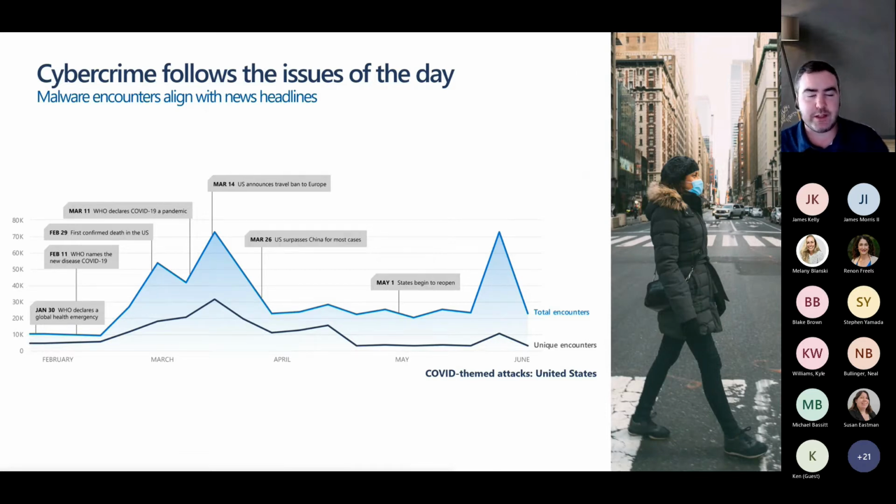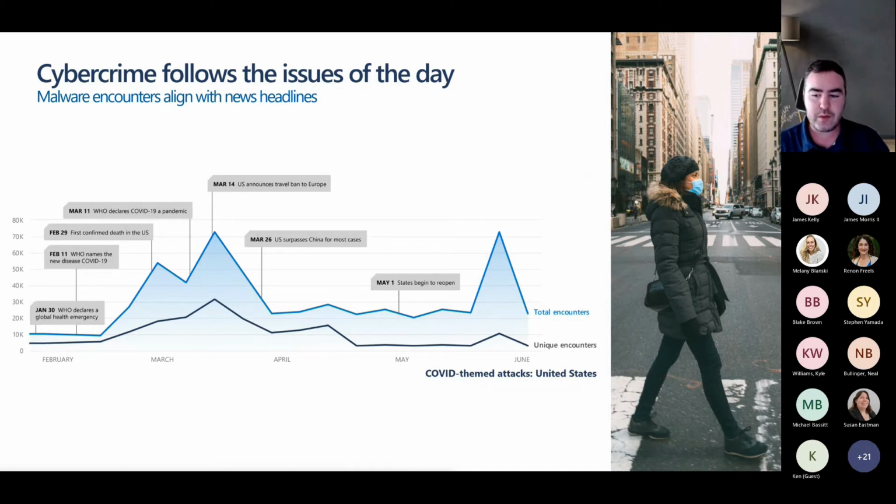COVID has been interesting, right? It's been sad. It's been a lot, and I don't want to talk too much about that because it's already got more attention than it really deserves overall, right? We want to move past this. But what it has shown us is that cyber criminals follow trends, and malware is one of those things that we saw really hit heavy when it came to anything that was COVID related, whether it was when the vaccines were starting to be released, when the first pandemic kind of hit, and of course education was hit very heavily,